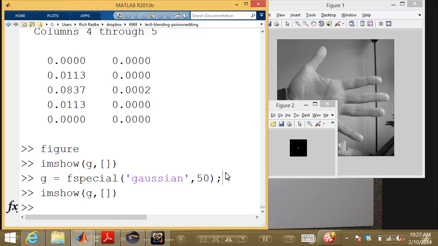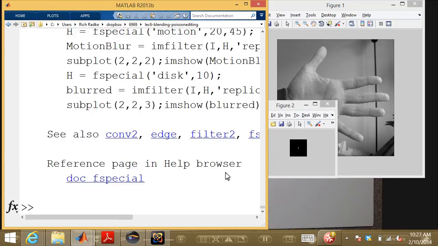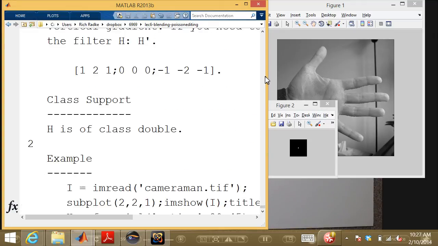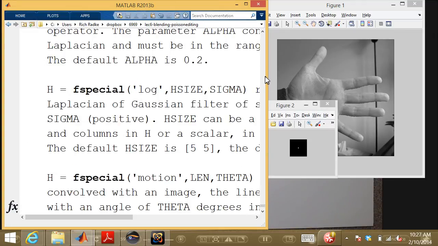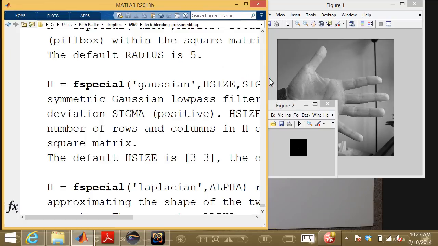Oh, I see. I know what's wrong. Let me just do help fspecial to see where I've screwed up. So fspecial lets me make all sorts of filters, disks, squares, etc. And this is a Gaussian. If I look at what I actually have to do, I am basically giving it a